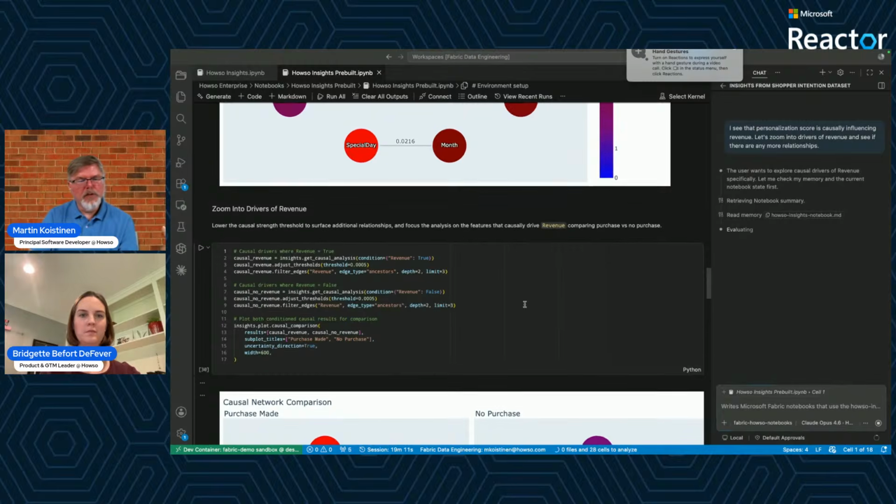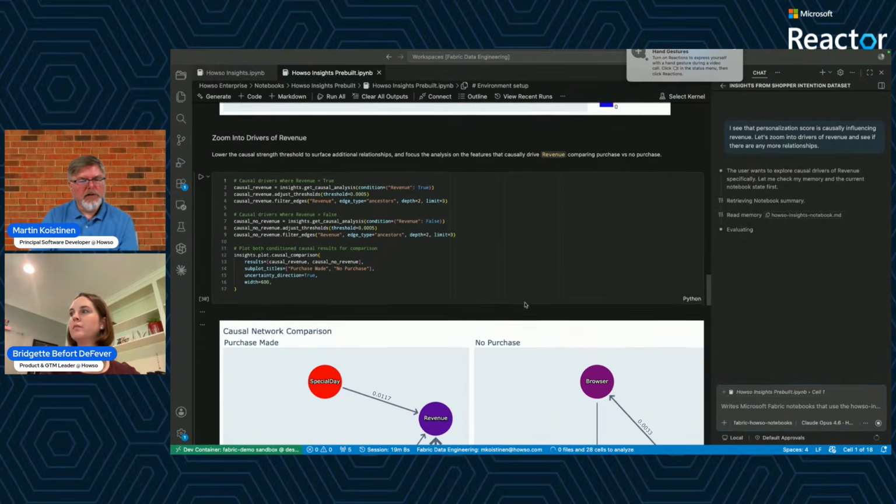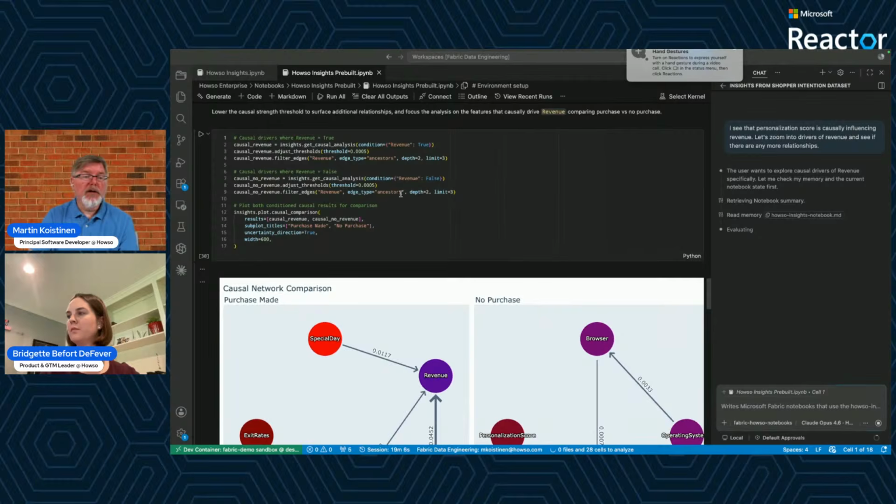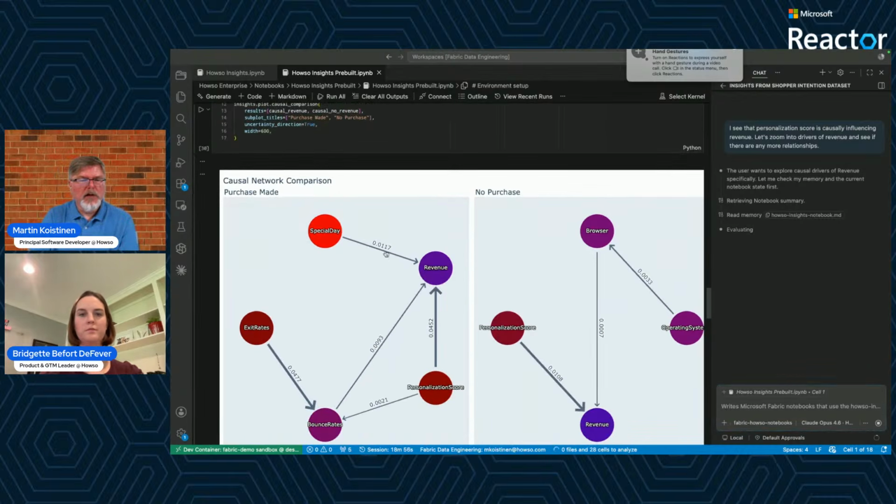And then we were zooming in to look in more detail. What we're doing here in this stanza of code is making sure that we have enough depth to the relationship so that we can see branches, like going a level deeper. So we know that operating system might drive your browser, and that your browser would then have a minimal effect on your revenue. I don't know why. So this is a multi-level relational or causal relationship, which is great.